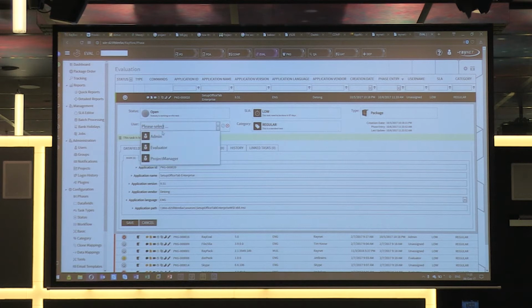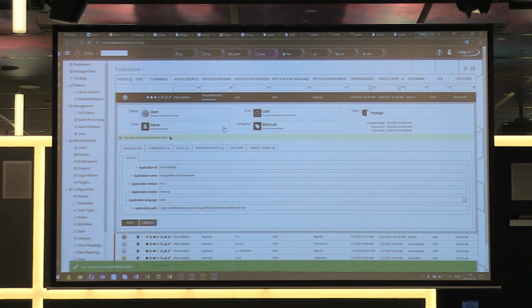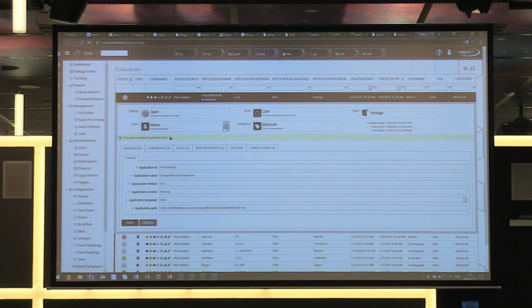So I will accept to myself. I'm working as admin, so you can see all views, you have all actions, but you can actually specify different permissions, different groups. So for example, packager may not be able to accept packages that are in POA, or maybe not even see them. So it's all configurable, and I'm just working as admin to have all options